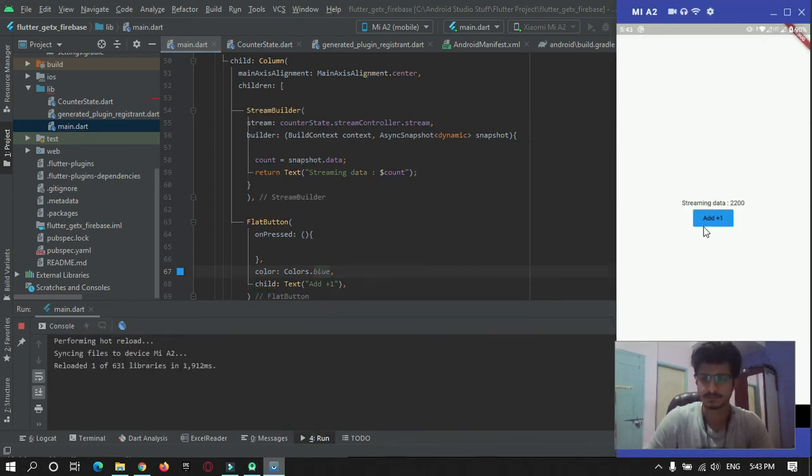As you can see, the button has been created. So I need to just give a functionality to what should happen after the button is pressed.